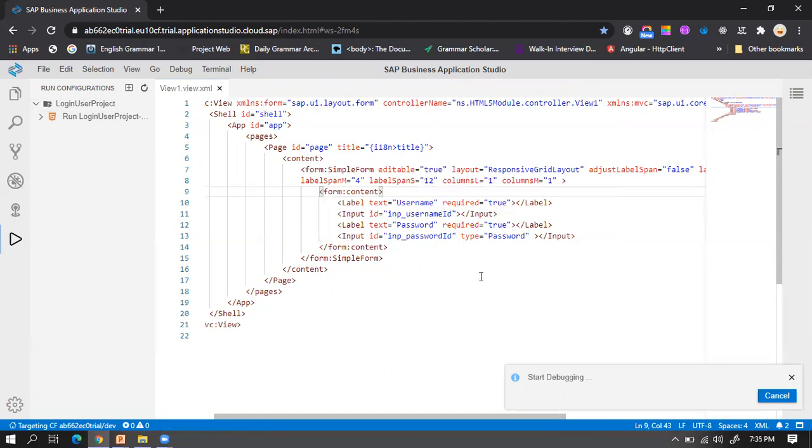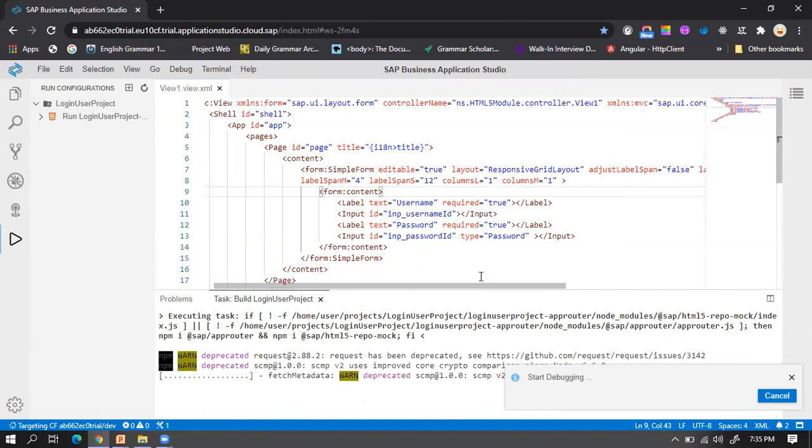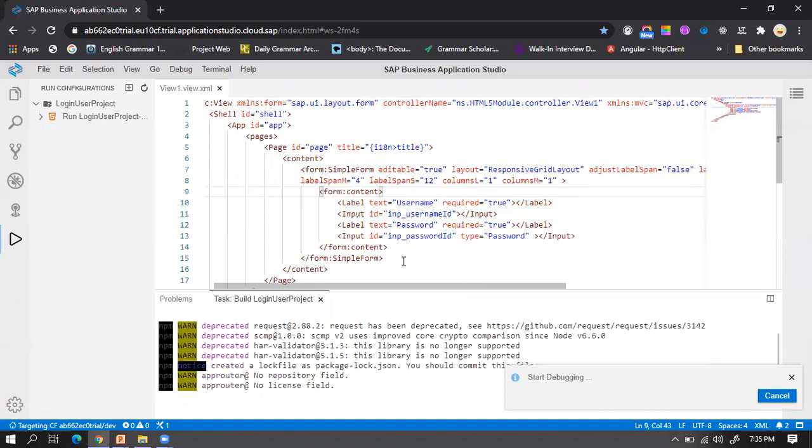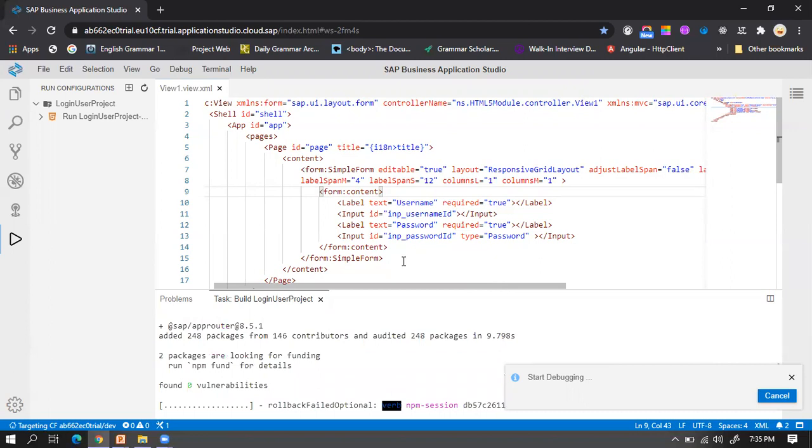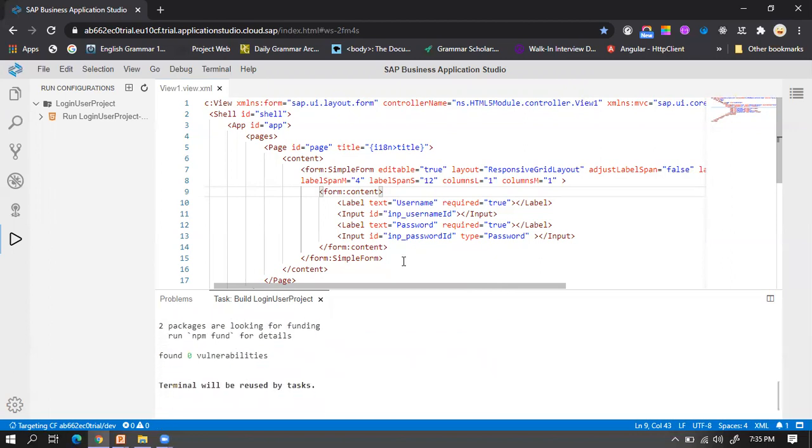So it will start creating all the dependencies for running the application, and it will also create a localhost where we can actually see the results of whatever we have entered in the XML page.